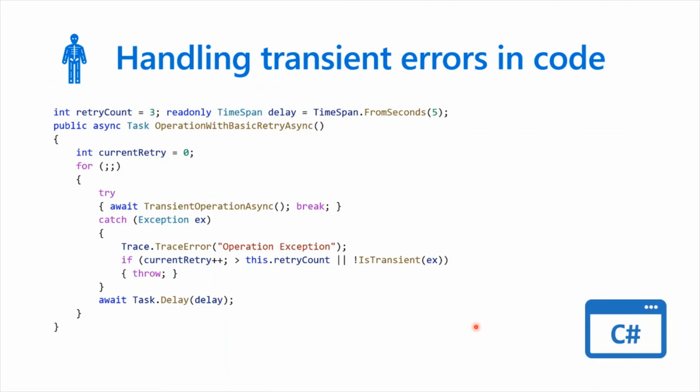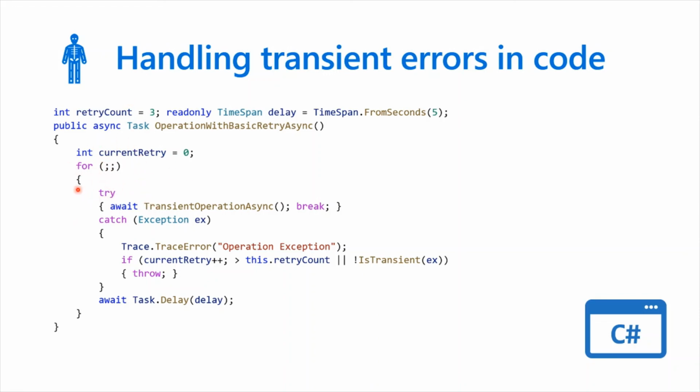Handling transient errors in code. So you have a retry count of 3 and a read-only TimeSpan delay. You can put any delay, and the current retry is 0. Then you start the try, await the transient operation async, break, catch exception, trace error. You handle that exception. If the current retry count, incremented, is greater than the retry count which we defined here, then we throw the error, else we await Task.Delay and do it again. You see, so this is